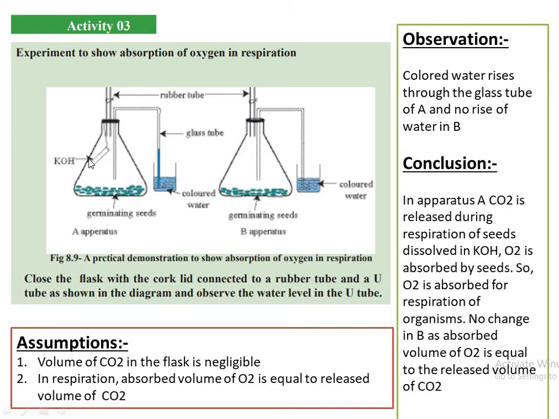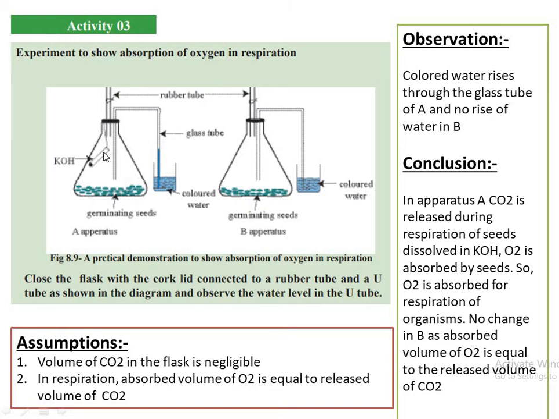So, and then you get this small test tube where you have put a bit of KOH and colored water. Now when you set this whole thing up, you will be able to observe that colored water rises through the glass tube of A, and it does not rise in B. Here you can see no rising of colored water. Here it has risen. So we can conclude that in apparatus A, carbon dioxide is released during respiration of seeds,